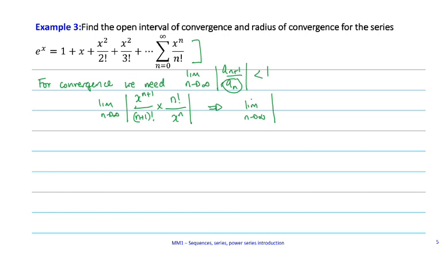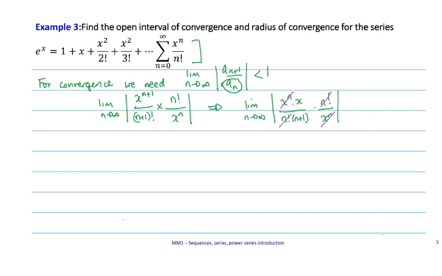So we'll have x to the n times x, times n factorial over n factorial times n plus 1, because that's just the next number, over x to the n, which means that we can cancel common factors,